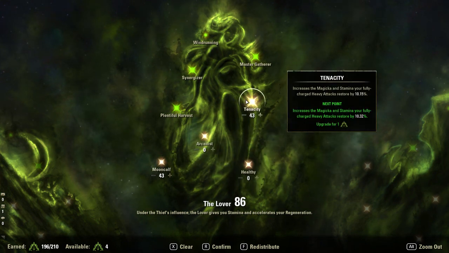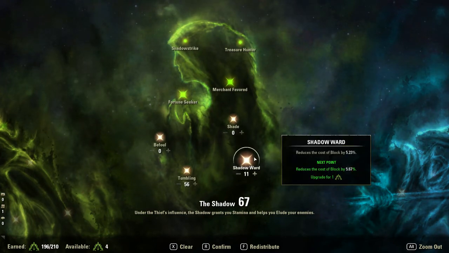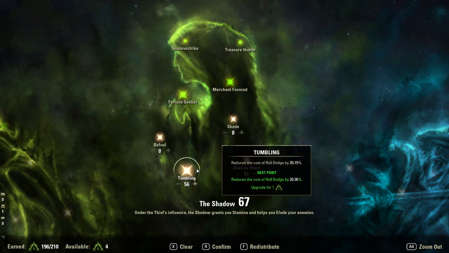Next up, I have 43 in Tenacity. Again, your heavy attacks do return stamina, so this is a good way to keep your stamina pool built up by throwing heavy attacks in there. And since that build does apply that poison damage with a heavy attack, this is a really good way to get those resources back. Next up, we have 11 into Shadow Ward, giving us 5% block reduction, 56 into Tumbling,